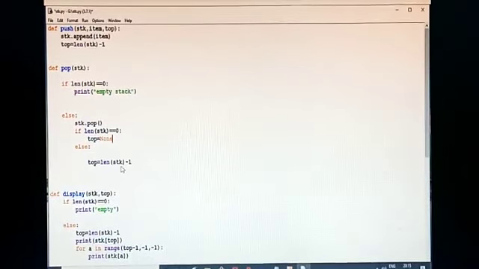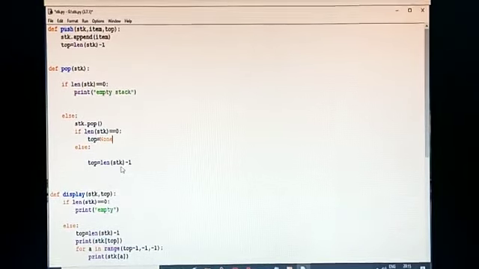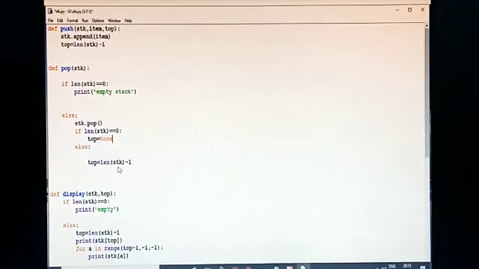Why is there always a minus 1 in the len? I told you, because the subscript starts from 0, but len will always return 1, 2, 3, 4, 5. If one value is there, it returns 1, but the subscript is 0. Now the last part of the code remains.